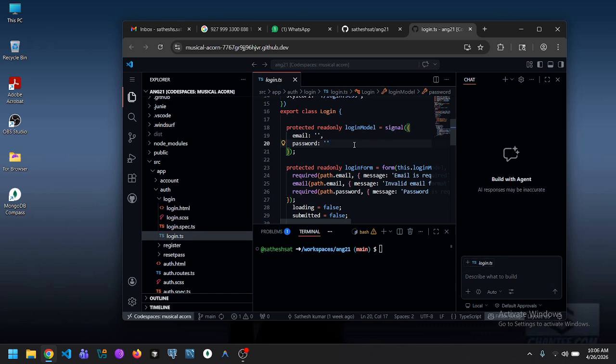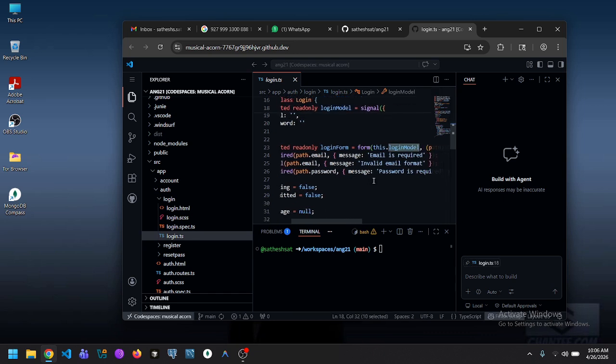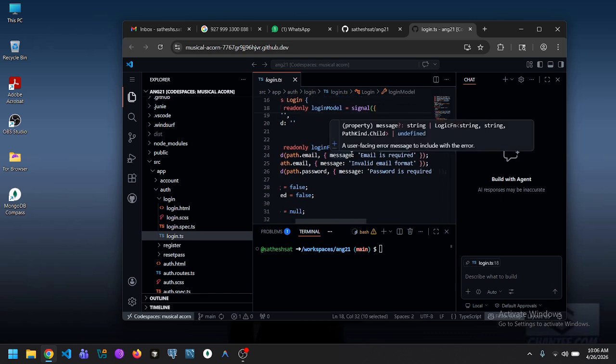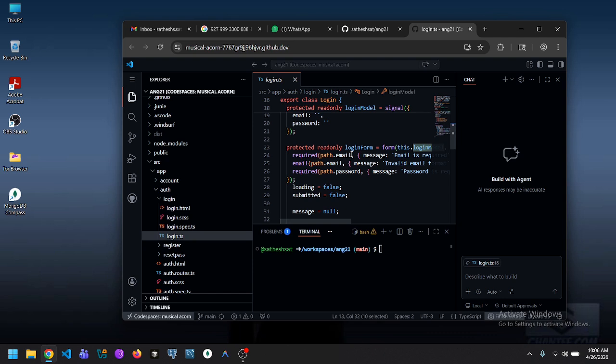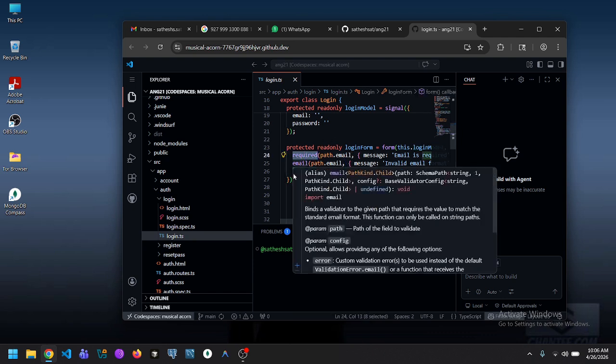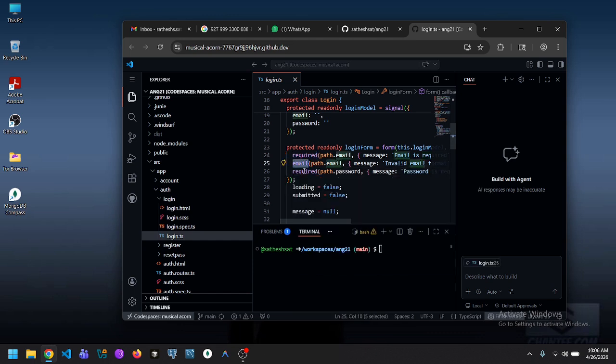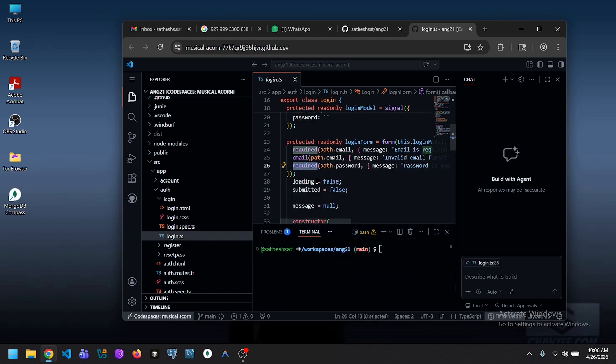Create a signal using email and password, a login model, and using this login model, create a login form using this method. Mark email as required and as a valid email address, and mark password as required. Next,